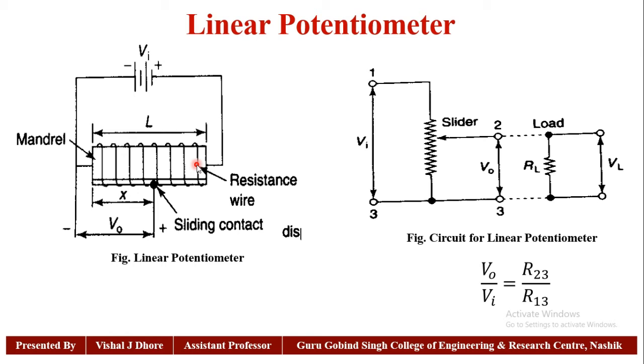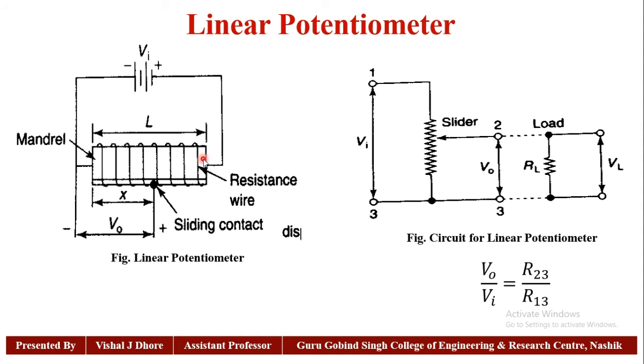The linear displacement of the wiper contact is directly converted into proportional output voltage. The exciting voltage may be either AC or DC, and the output voltage is proportional to the input motion, provided that the measuring device has a resistance that is greater than the potentiometer resistance. The wire wound track may be single turn or helical turn. So it should be in a helical turn phase.